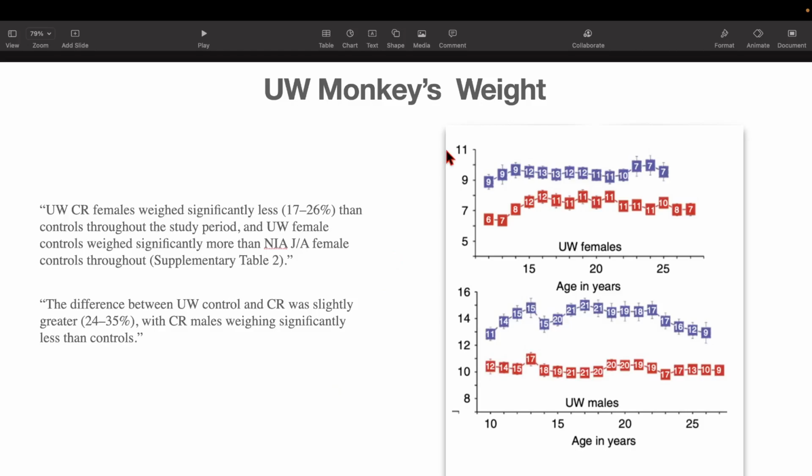Next thing we're going to look at is the monkeys' weight. What we're going to see with the UW monkeys is that the control monkeys are way fatter than the calorically restricted monkeys, which is something we're really not going to see with the NIA monkeys. So what they say here is UW calorically restricted females weighed significantly less, about 17 to 26% less than controls throughout the study period, and UW female controls weighed